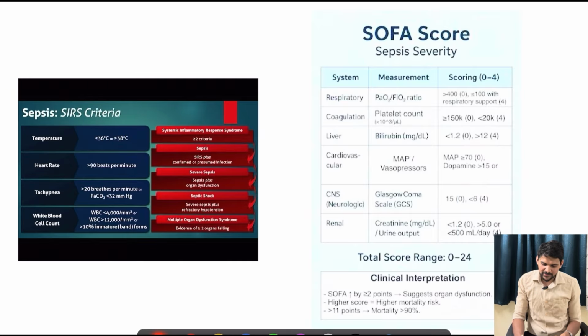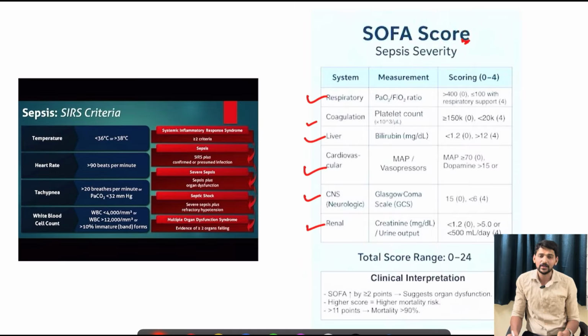And once sepsis is present, that is, we are thinking of sepsis, then we have to calculate the SOFA score. So you have many calculators. You have to know some parameters like respiration related, coagulation related, and LFT, especially bilirubin, and there will be mean arterial pressure, neurological GCS related things, and renal urine output or creatinine. Multiple parameters are there, the score ranges from this one, and according to that we can decide the severity of sepsis.